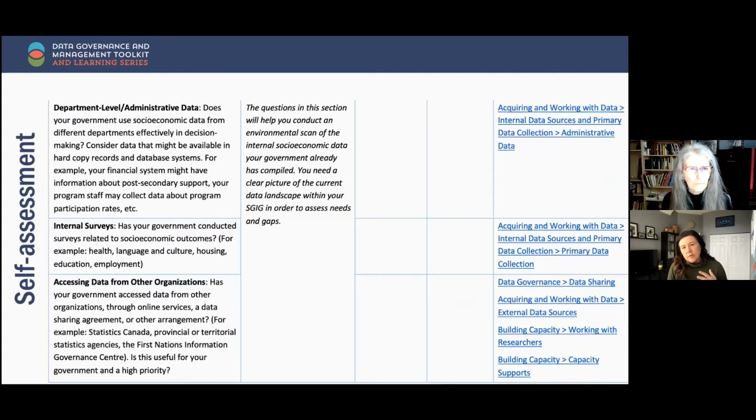And then there's also the final section of the self-assessment tool, which talks about the available data that your government would have to work with. Laurel and I will be talking a bit today about sourcing data from other organizations, as well as managing and governing data within your government context. Webinar 5, I think, talks about collecting data. So we're just going to set that up today. We're not digging into that between Laurel and I today.